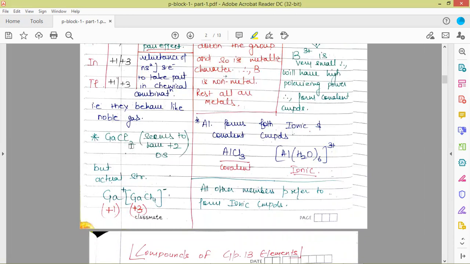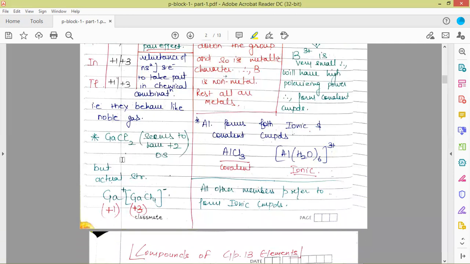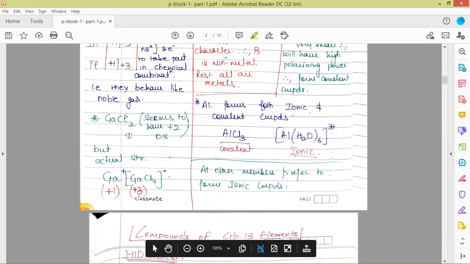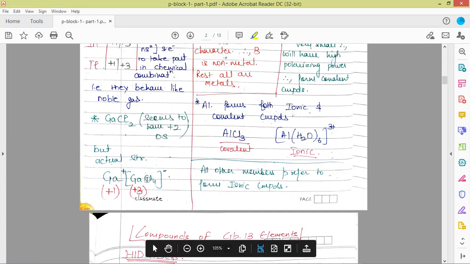Also, there is an ionic compound for gallium which seems to have the +2 oxidation state. Here we have seen that the +2 oxidation state is not visible for these elements, but from this compound, which is very stable and well known, it seems to have +2 oxidation state if we look at the formula. But the actual structure for GaCl2 is this, an ionic structure. If we double the formula, the actual structure becomes Ga+ and GaCl4 negative. So here two galliums are present: one is in the +1 oxidation state and one is in the +3 oxidation state, which average out the oxidation state to be +2. But the actual scenario is that one gallium is in the +1 oxidation state and the other gallium is in the +3 oxidation state.